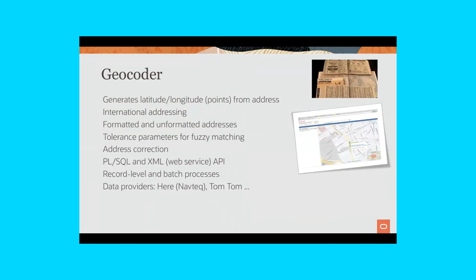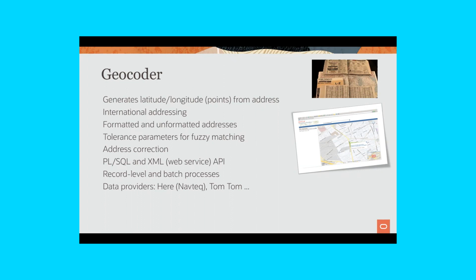And then the geocoder, we already talked about this. With the geocoder, you can store the reference data in the database, and then we support several different profiles for all of the different countries, because different countries have different types of address formats. So we understand all of those different address formats. And then we have a bunch of XML APIs that can be used through the middle tier component. And we also have PL/SQL APIs that can be used from the database directly.